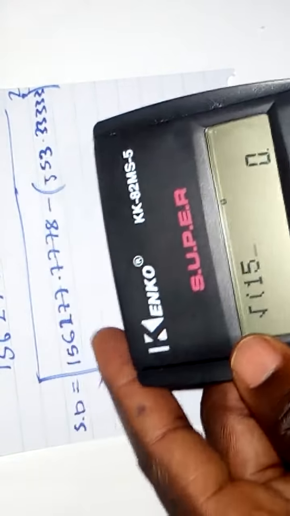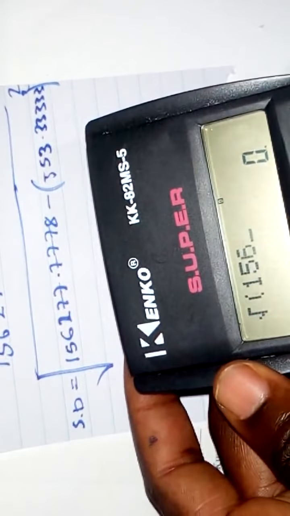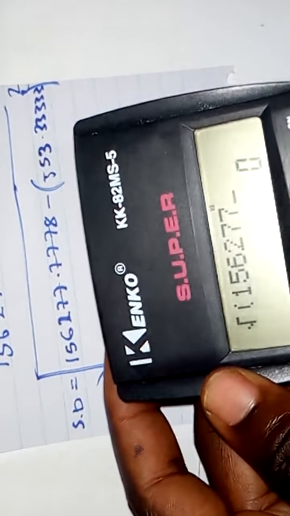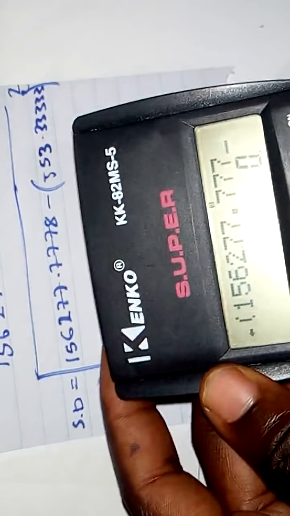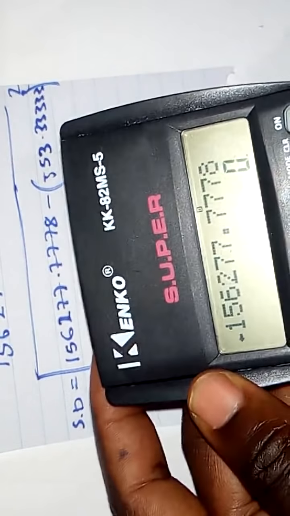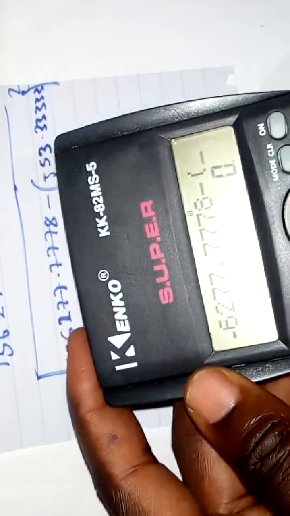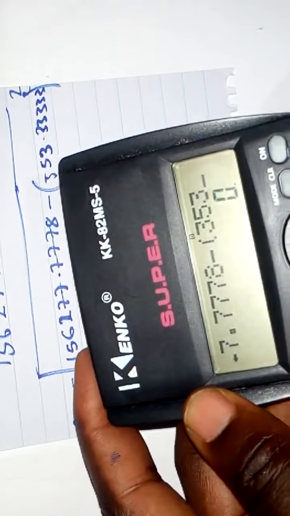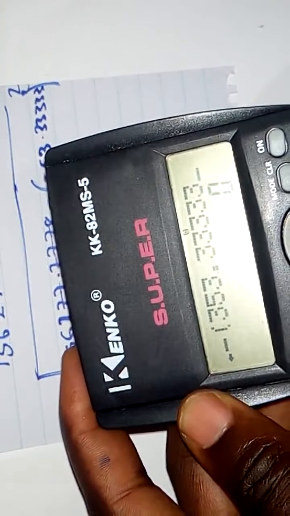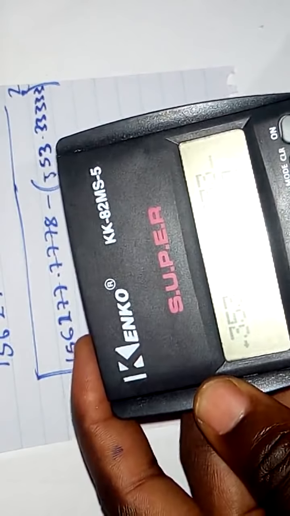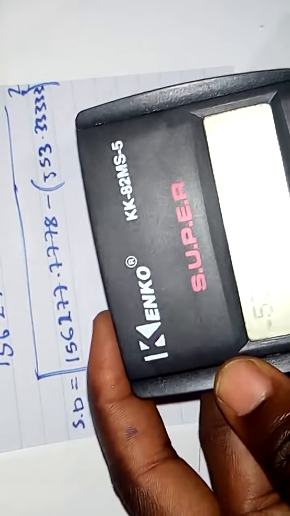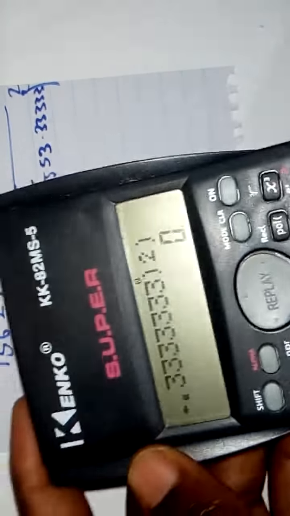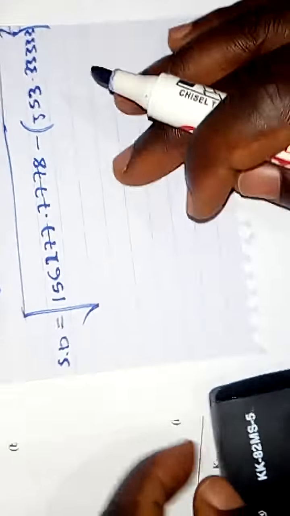I'm just copying what is here: 156,277.7778, minus, open bracket, 353.3333333. The threes are supposed to be seven. Open, close. So when we do this, our answer will be equal to